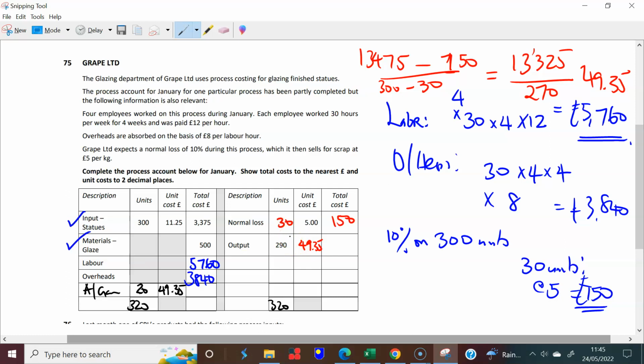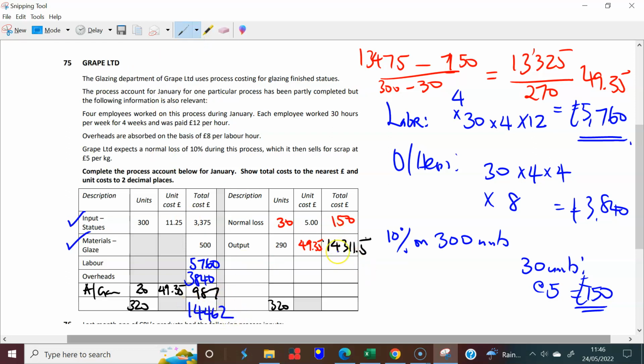290 times 49.35, and that's, here we have 14311.5, and here we have 20 times 49.35, and here we have 987. And so let's add that all together. So we have 3375 plus 500 plus 5760 plus 3840 plus 987, and then we have a total here of